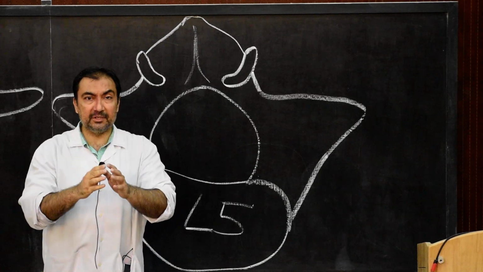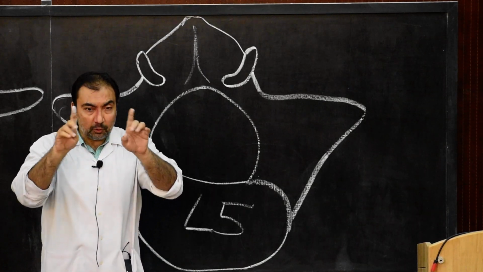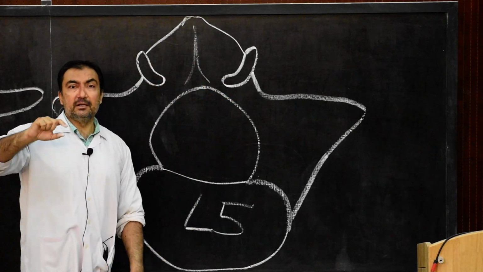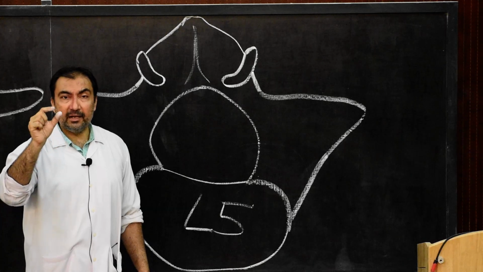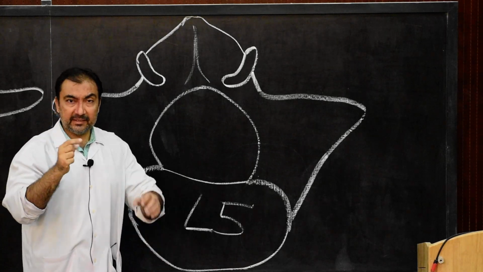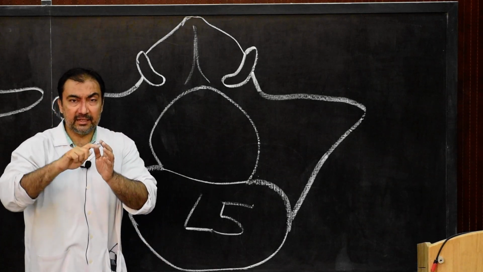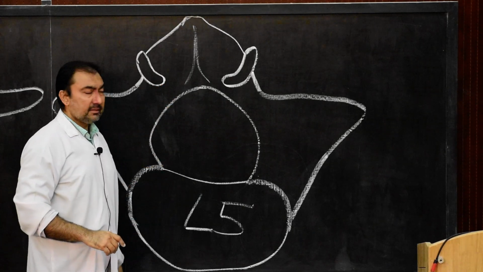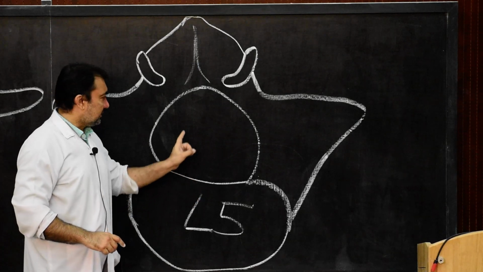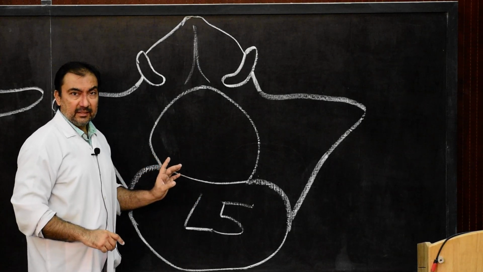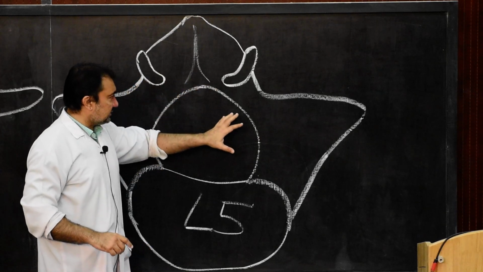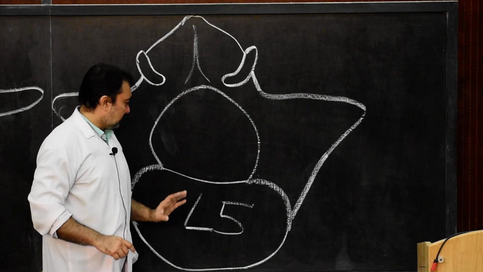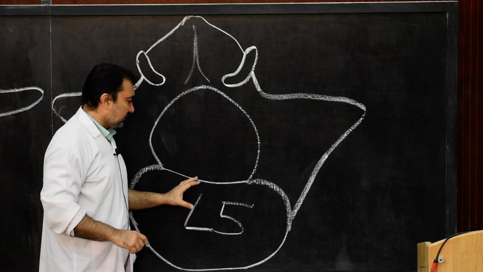In typical lumbar vertebrae, the spinous process was quadrangular and horizontally directed. Here, the spinous process of L5 will be blunt and it will have a rounded tip. So this is how the atypical lumbar vertebra will look. The remaining features will be the same. This is how we have drawn the atypical lumbar vertebra.